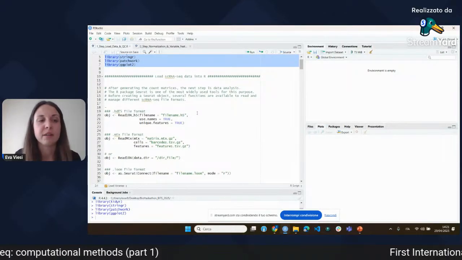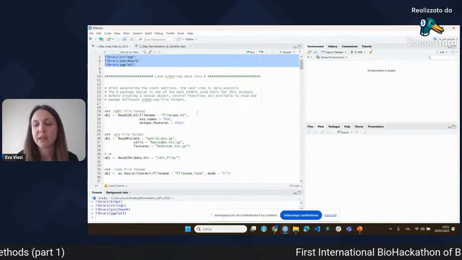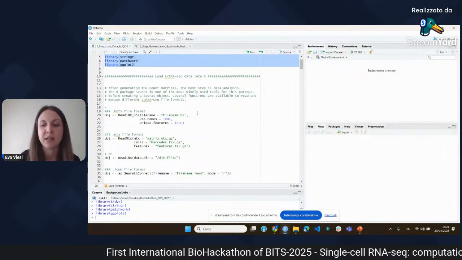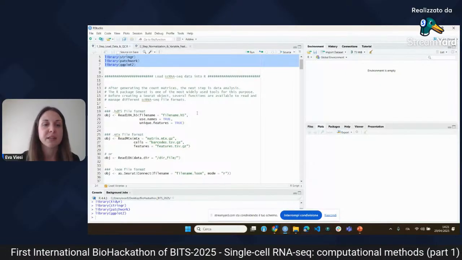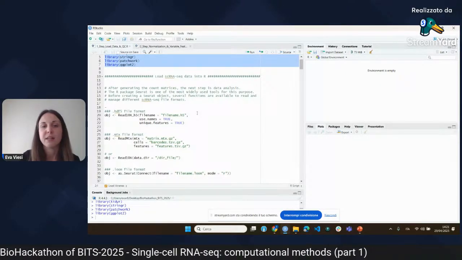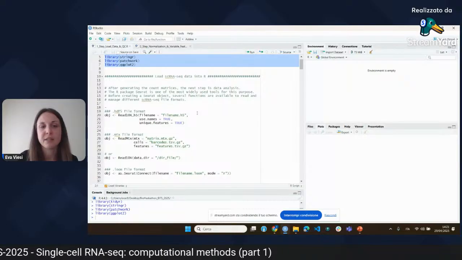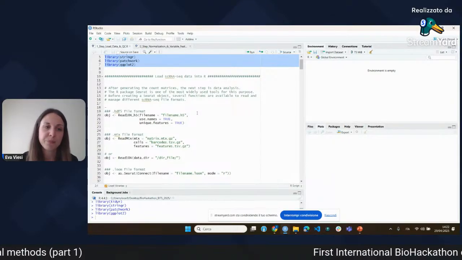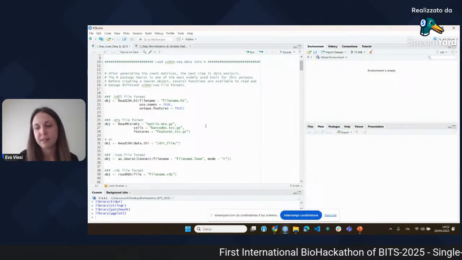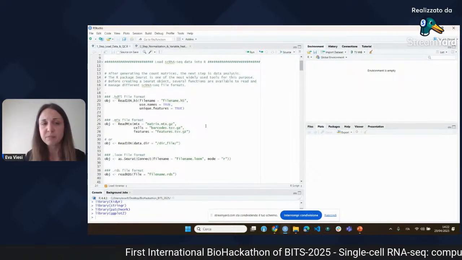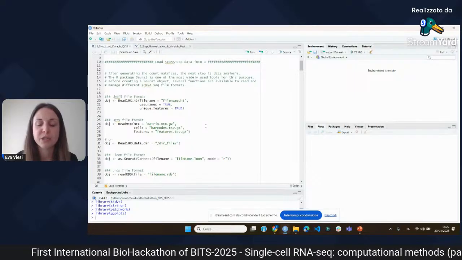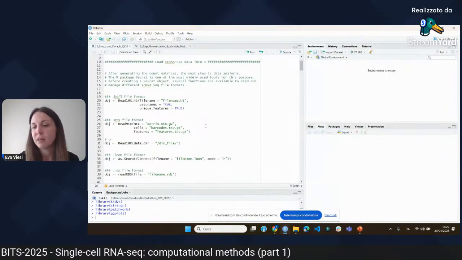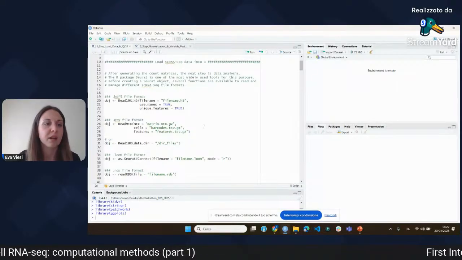And then, after the count matrices have been generated, the next step is to analyze this single cell RNA sequencing data. And the R package Seurat is one of the most used toolkits to this aim. So before creating the Seurat object, we can use several functions to load and manage different single-cell RNA sequencing file formats. For example,